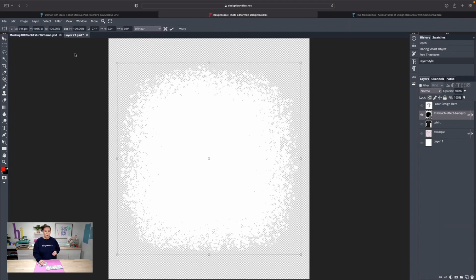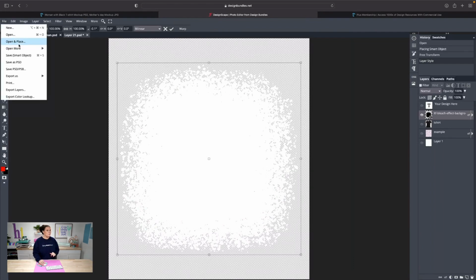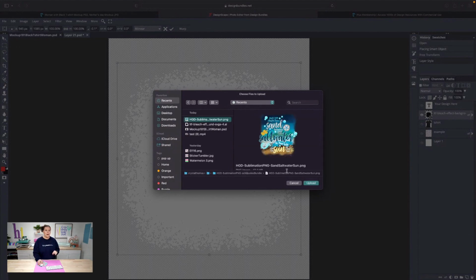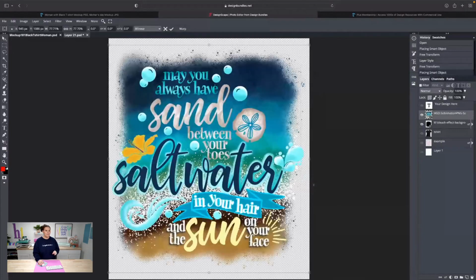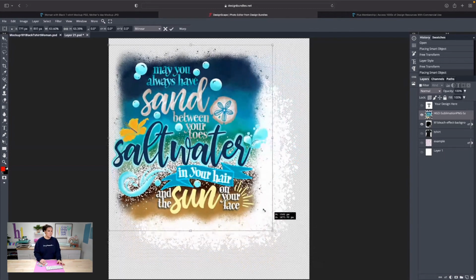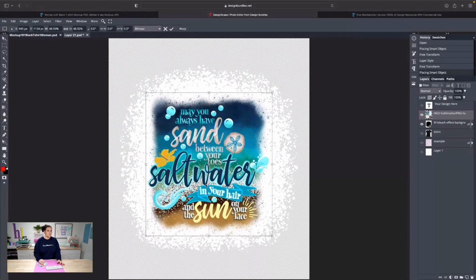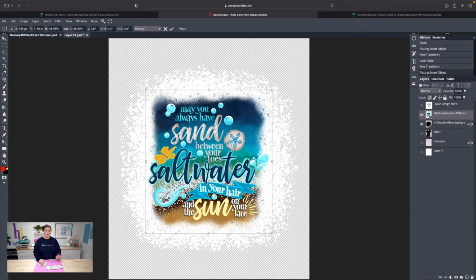All right, now for the next one, we're going to bring that design in and put it on top of that bleach effect. So now we're going to go to File, and then go to Open in Place once again. We're going to go back to Recent, and now we're going to pull up our design that we're using. I'm going to go ahead and hit Upload. What I'm going to do is hold down the Shift to keep everything together, because if I try to drag it without holding Shift, it's going to distort. So hold down the Shift, and then grab one of these corners here. I'm holding down the Shift, and then I'm going to drag this. Let go with your mouse first, and then we can kind of pop this in here like so. You just want to kind of center that once again. I can see my little crosshairs there. It looks great. I'm going to roll with it like this.